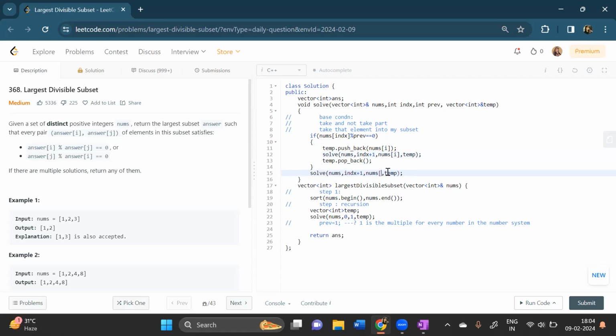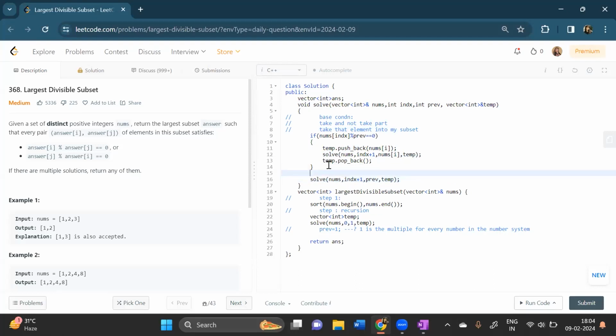Here, the previous will not be changed. So though we are incrementing by one index, the previous remains the same. Why? Because it is a not take condition. Okay. So now, as we've written the recursive code of take and not take, now let's talk about the base